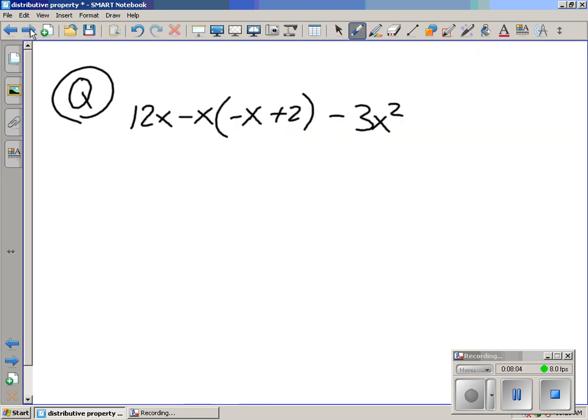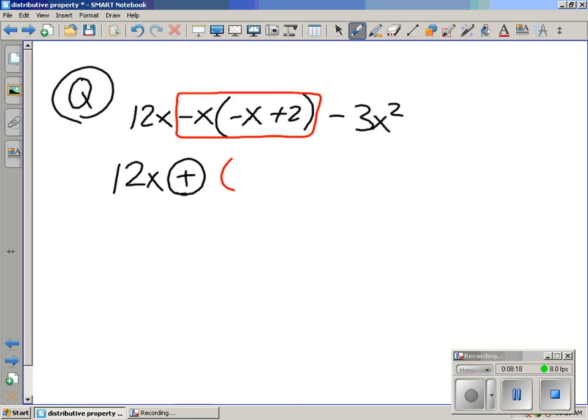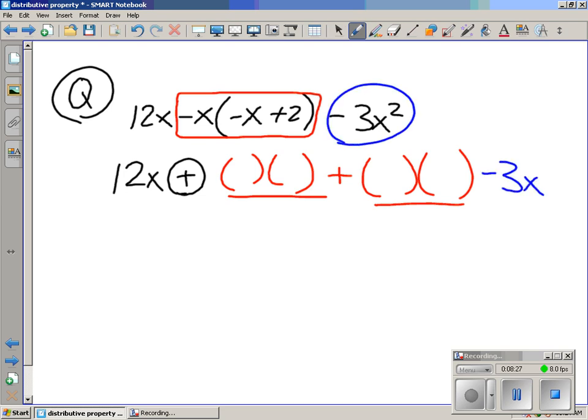Q. I'm going to put a rectangle around the distributive property section. Then I'm going to copy down the 12x, put an addition sign to signify the start of the distributive property section, and end it with a -3x². So we have a -x times a -x. Then you multiply the -x by the 2,